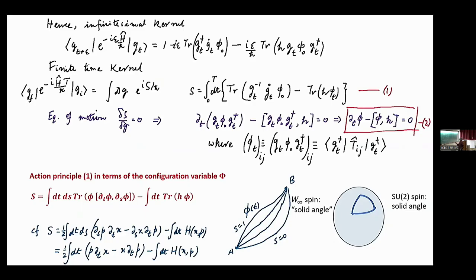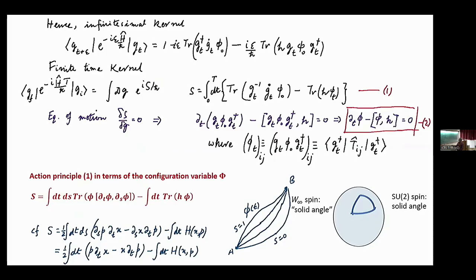Okay, and this equation of motion can be written just in terms of phi alone. So this is the action principle that I obtain, but you can show that, just like the equation of motion, even the action can be written entirely in terms of the phi variable, except that it cannot be written just like a dt time integral.